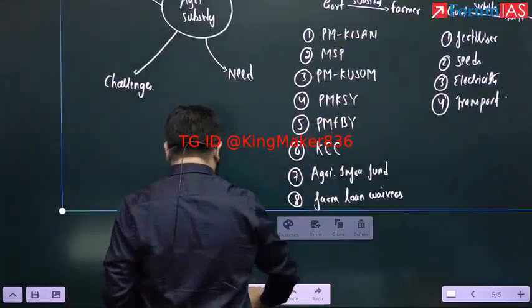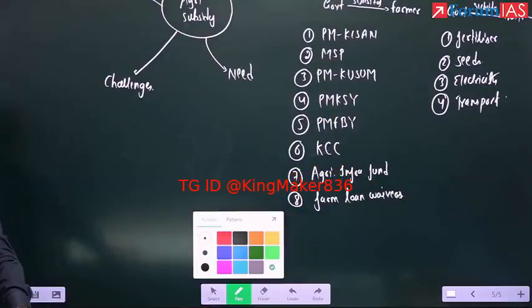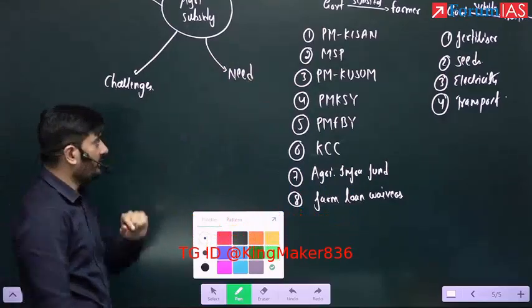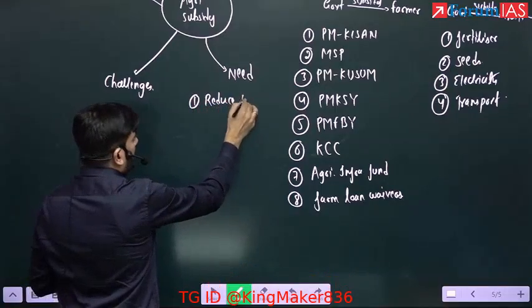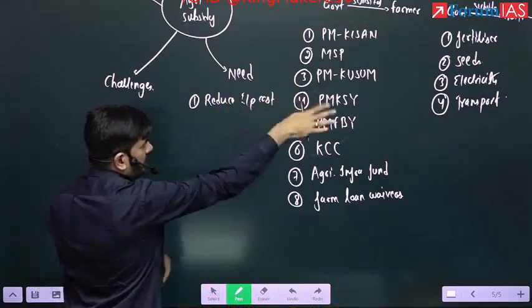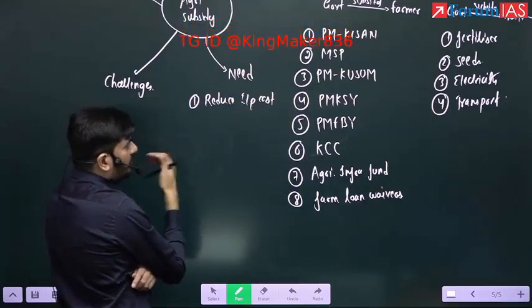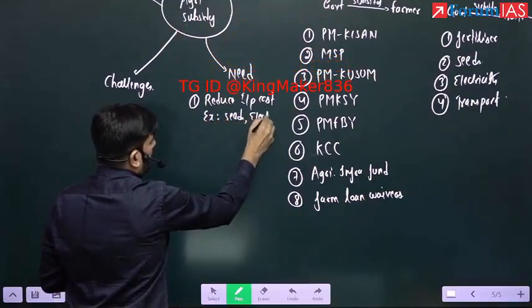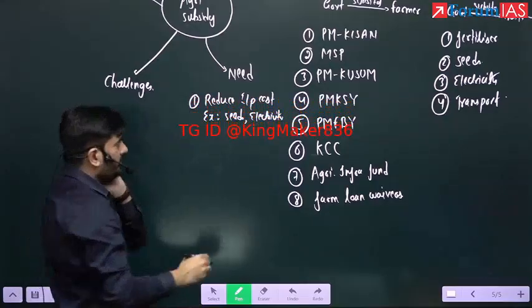Okay. What do you think is the need for subsidy? Why should subsidy be given to farmers? Based upon what we have covered, see all the points here. Most important point number 1, by providing subsidy, we can reduce the input cost. Which input can we reduce, think? Okay, fertilizers we can reduce. Good. One is we can reduce the seeds. We can also reduce electricity cost. We can reduce the input cost.